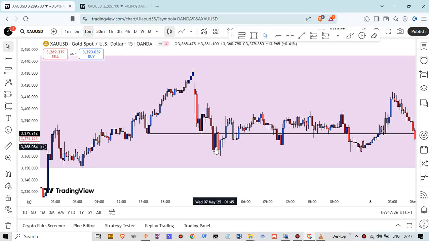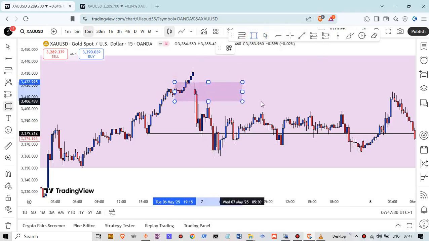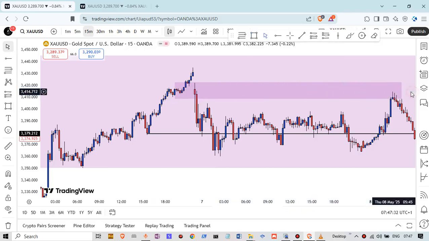Now that the break of structure has happened, I'll be looking to re-enter somewhere around this area here. I will not just enter straight away, because if I enter here straight, I know that price will still go back up, and I want a small stop loss rather. So I'll just be patient, knowing that price will come back up somewhere in this region here to bounce back.